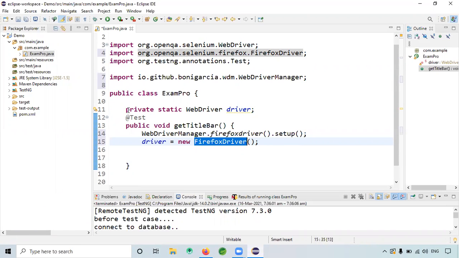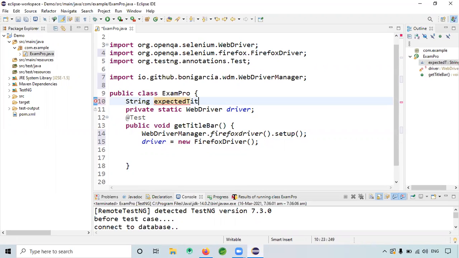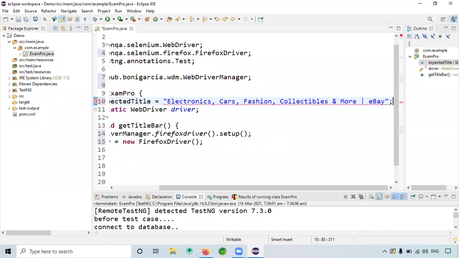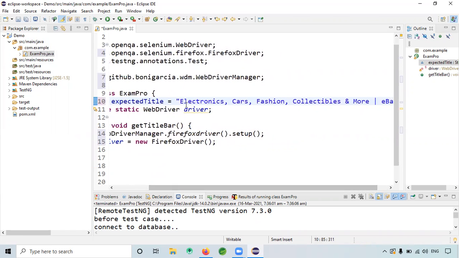Here I will give String expectedTitle. Okay, so this is my expected title.